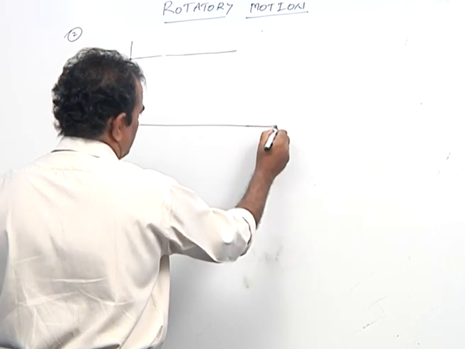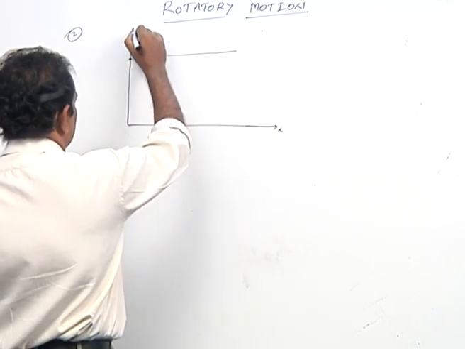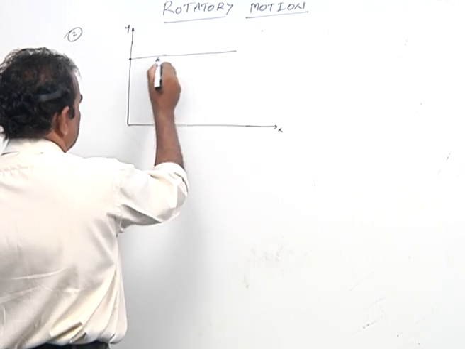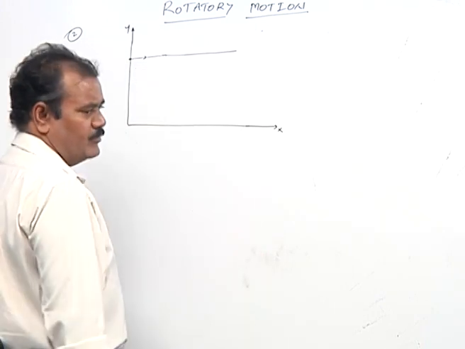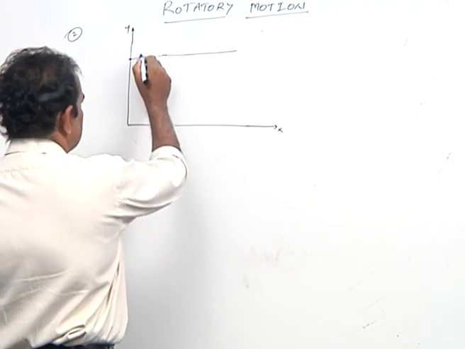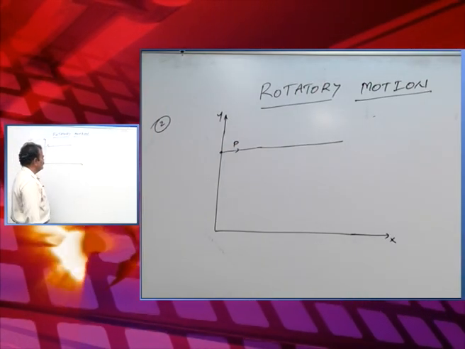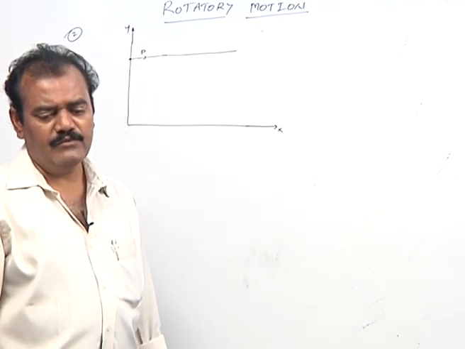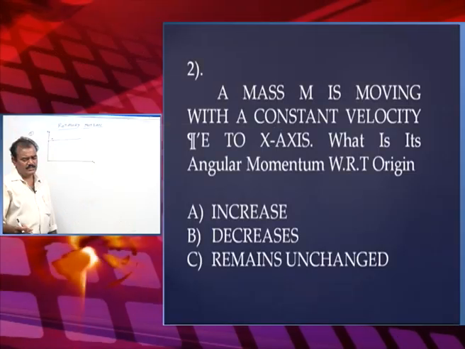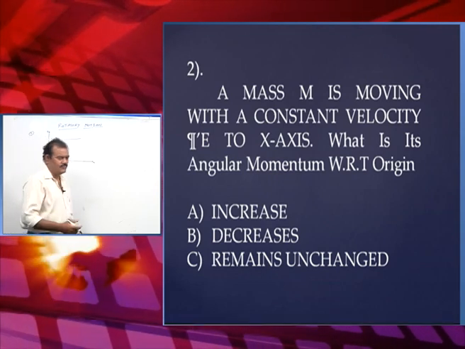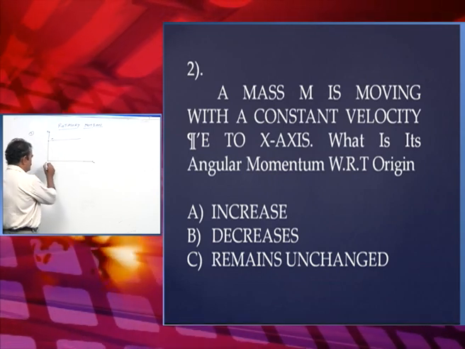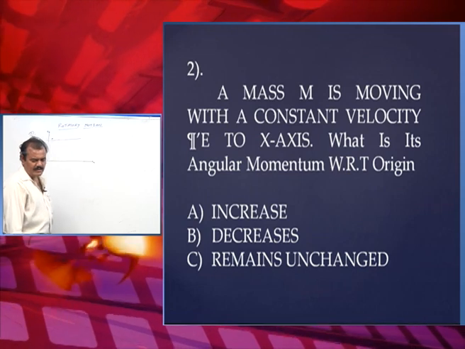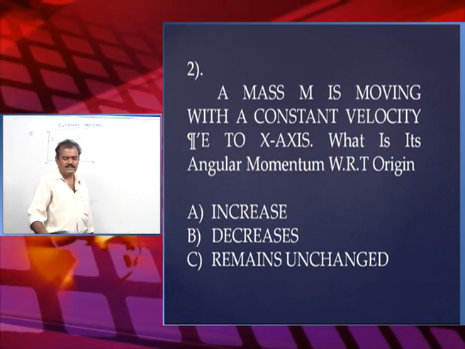So the x-axis can be drawn, and thereafter the y-axis, and it moves with a constant velocity, which means it will definitely have constant momentum also. So p is constant. Now you are supposed to find its angular momentum, and you are given three options. One is that angular momentum increases, when finding angular momentum with respect to the origin, it increases, and thereafter it decreases,